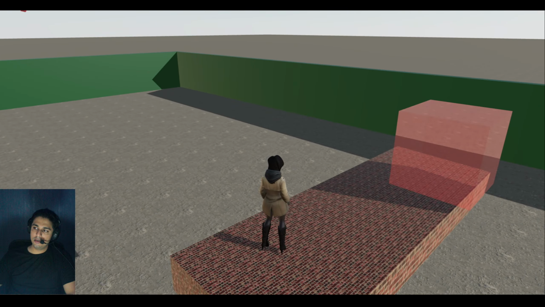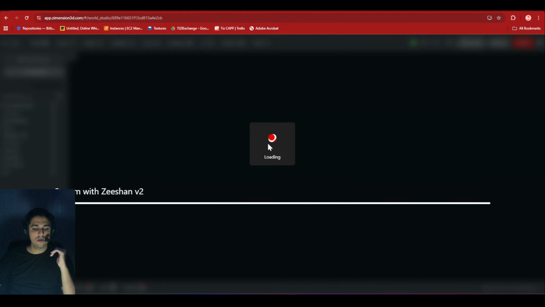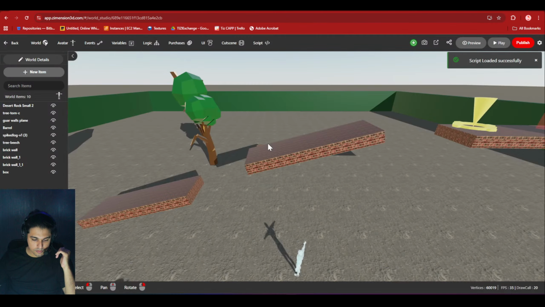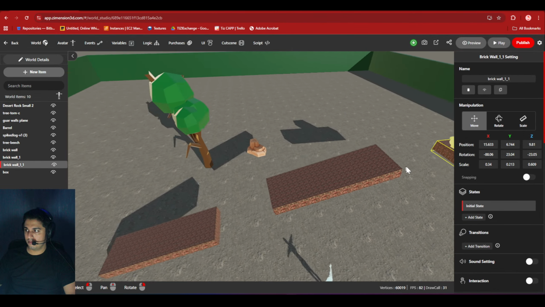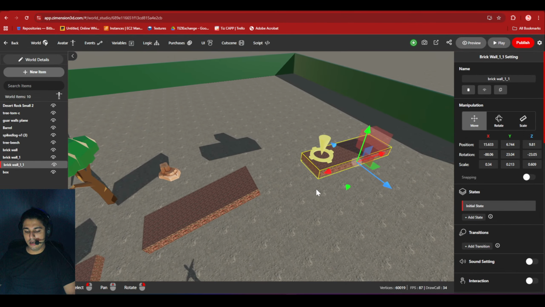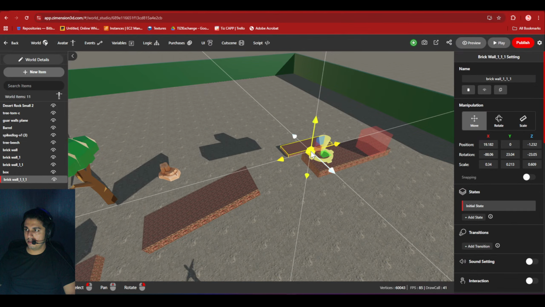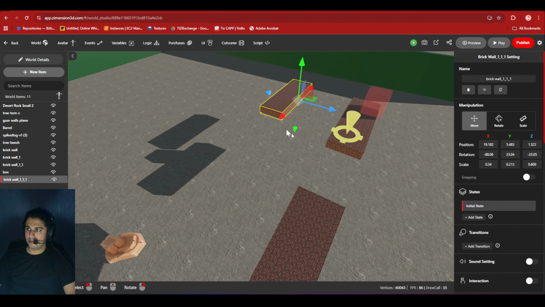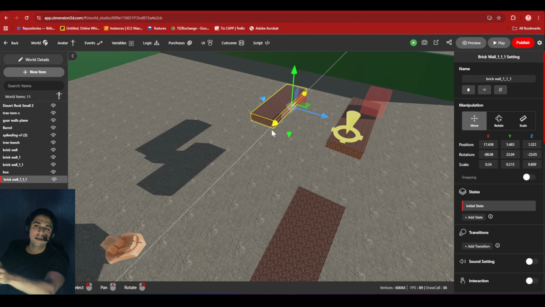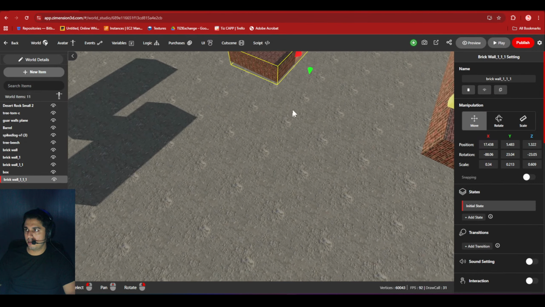This way you can have multiple checkpoints. So let me also add another checkpoint. Yeah, the multiple scene feature is not there. It will come very soon along with the shooting feature. But again, you don't need multiple scenes. You can, however, make different rooms or different areas and just transfer the player to that particular area.